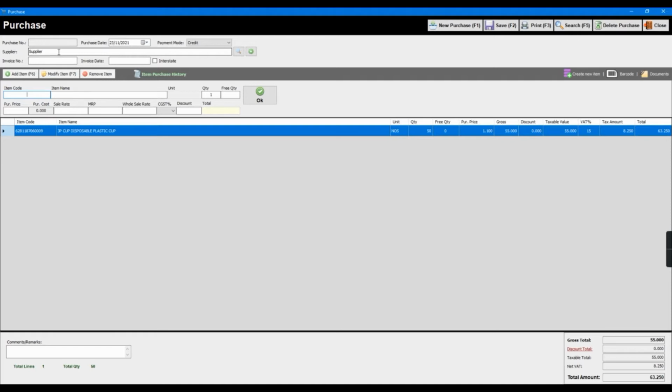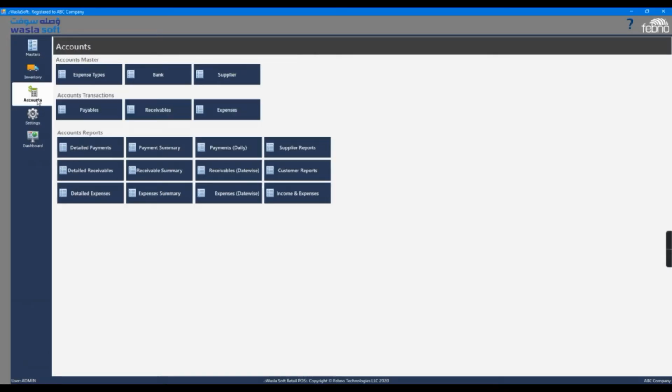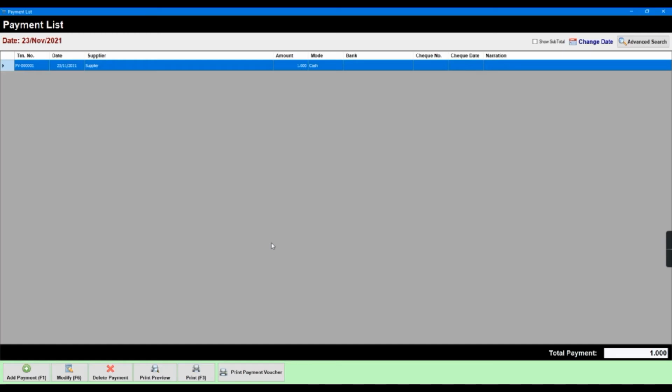The supplier name is supplier only, and we are saving this data, and the payment mode is credit, and you save it. You can see for supplier, when you go to accounts and enter payables, you can see add payment,